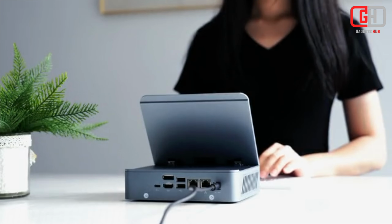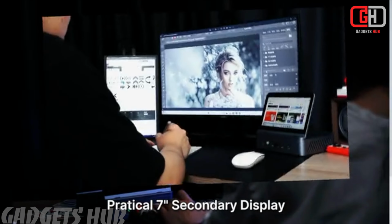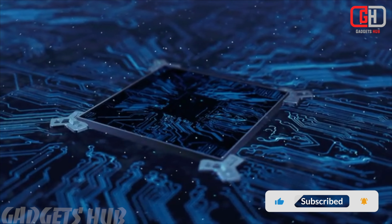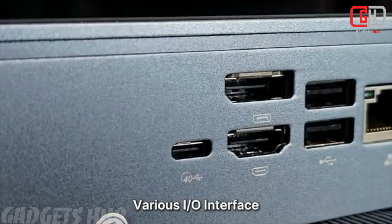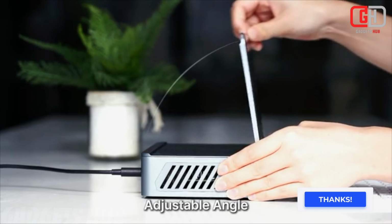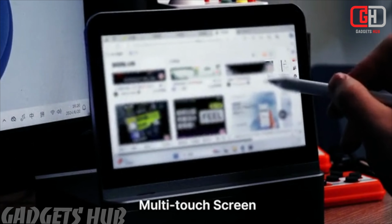The Miniproca is a powerful all-in-one mini PC that features a built-in 7 inches multi-touch display. Here are some of its standout features. 1. High performance. Powered by an AMD Ryzen 900HX CPU, it offers robust performance for various tasks, from office work